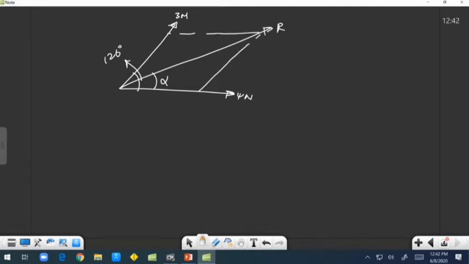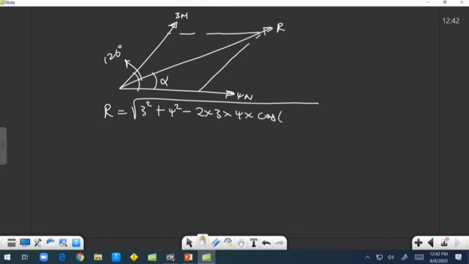To find the resultant, we say R equals the square root of P squared plus Q squared minus 2 times 3 times 4 times cos 120, that is 180 minus 120. This is 120. So we evaluate that: we have 9 added to 16. 2 multiplied by 3 is 6, 6 multiplied by 4 is 24, cos